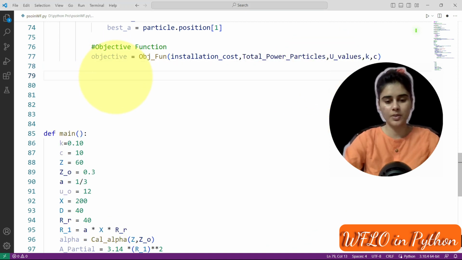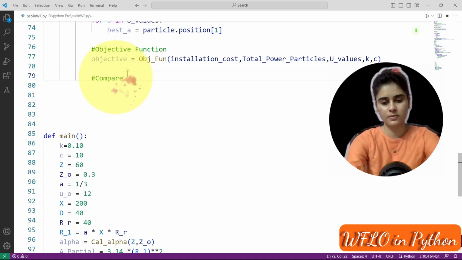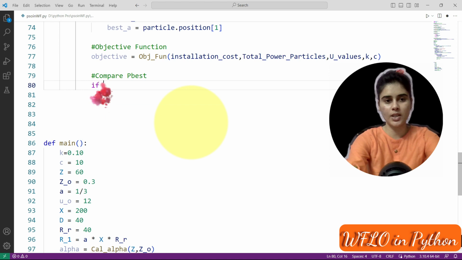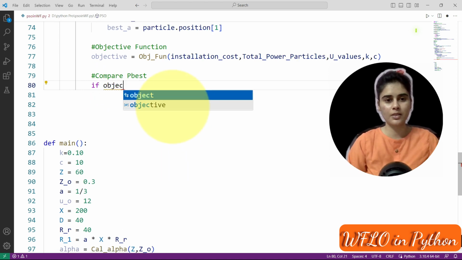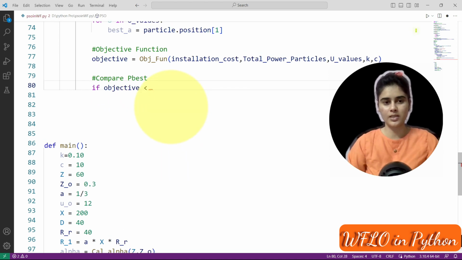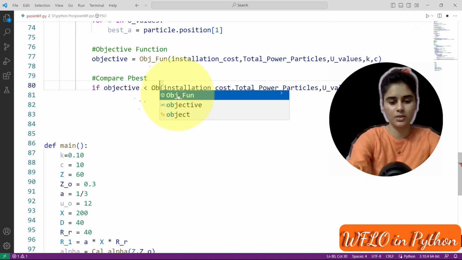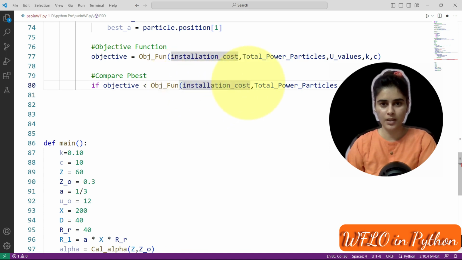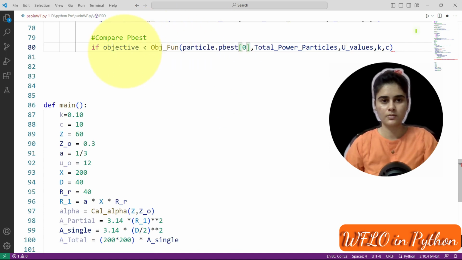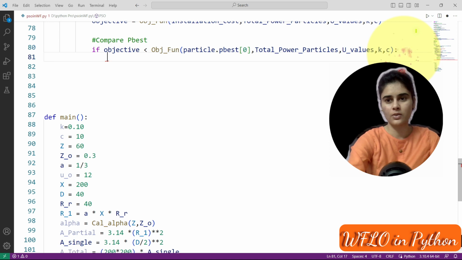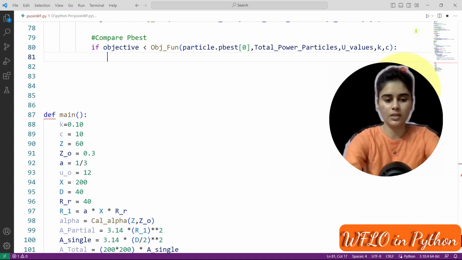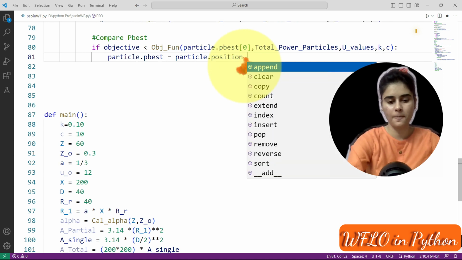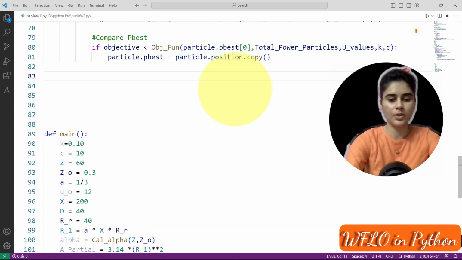Next we will compare P best and G best. First we will compare P best to check if the objective value that we obtained here is less than the particle's P best position. If this condition is true, then the position is copied. We will compare for the G best.